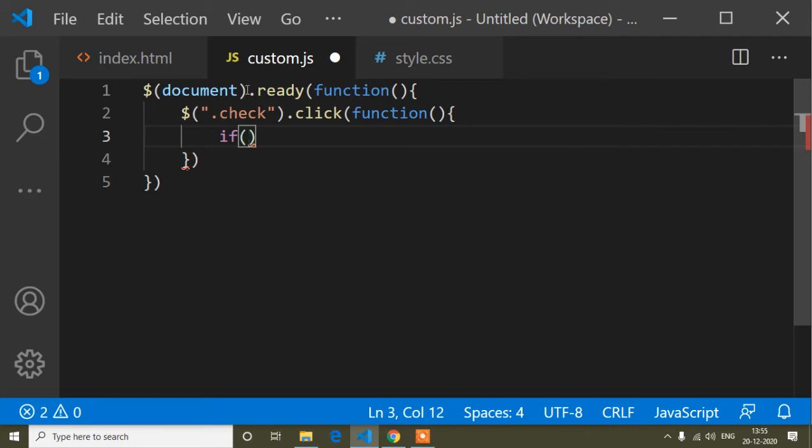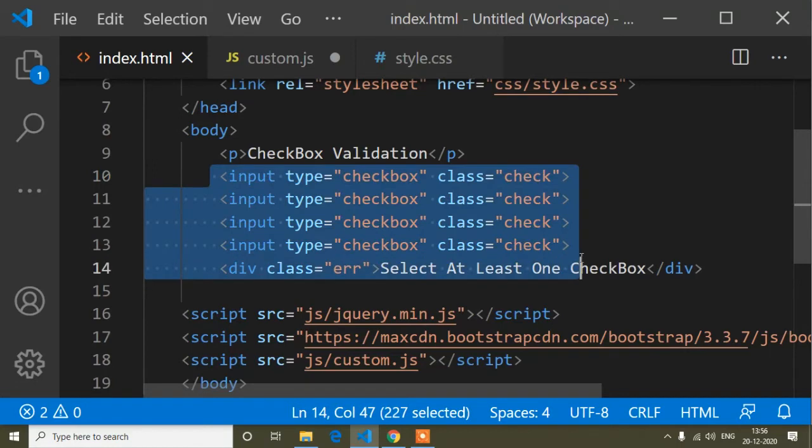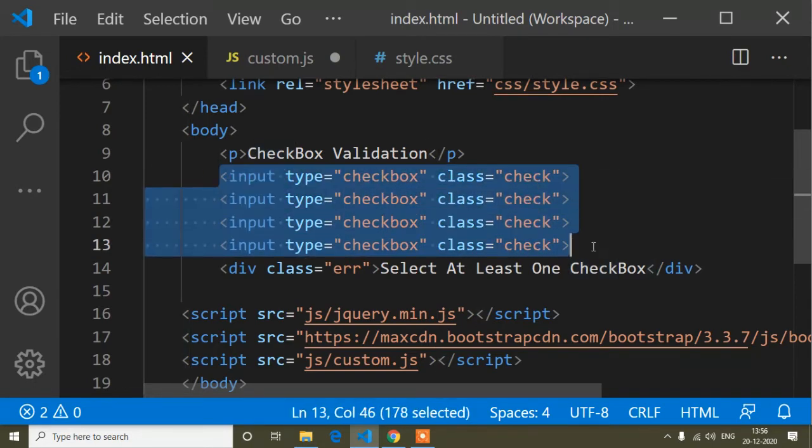That is, if. First of all, I will explain: when I click the checkboxes, you can see here I have 4 checkboxes. Among the 4, when I click any one checkbox, then the condition will be fired. There are 4 checkboxes, so you can say it's an array.